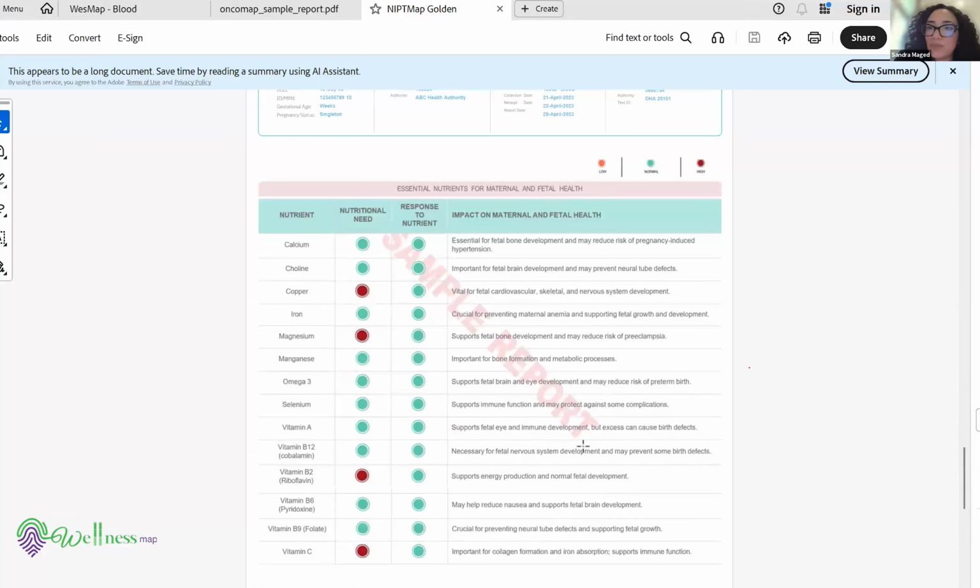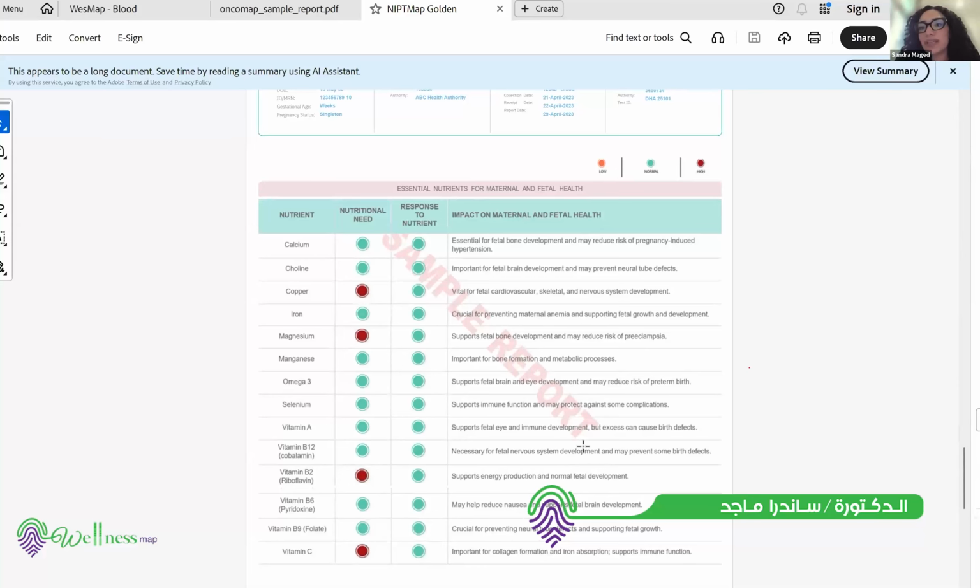Then after that, we come to the nutrigenomics part, and the nutrigenomics part is the essential nutrients that the mother needs for her own health and her baby's health. And we can see the best thing about that as well, that the patient could read it and understand